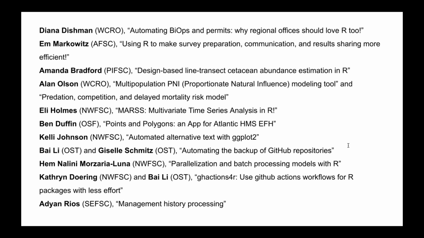Hey, this is Ben. I think somebody should study the fisheries research and management side of why R was so highly adopted instead of Python. I think it has a lot to do with what your peers use. A lot of fisheries people end up using R. I've messed around with Python a little bit, but just not enough to be very proficient with it and comfortable doing my day-to-day stuff.